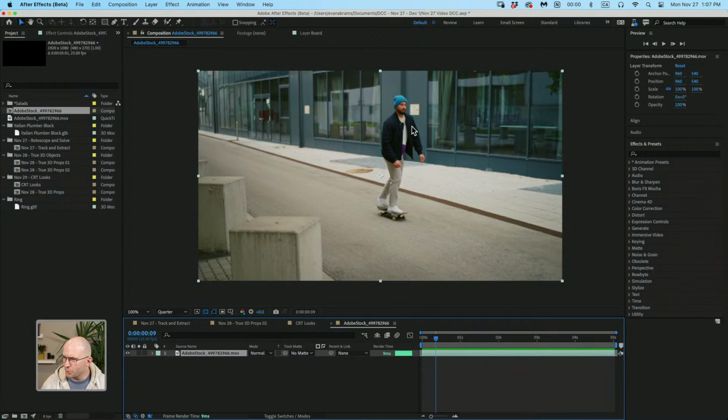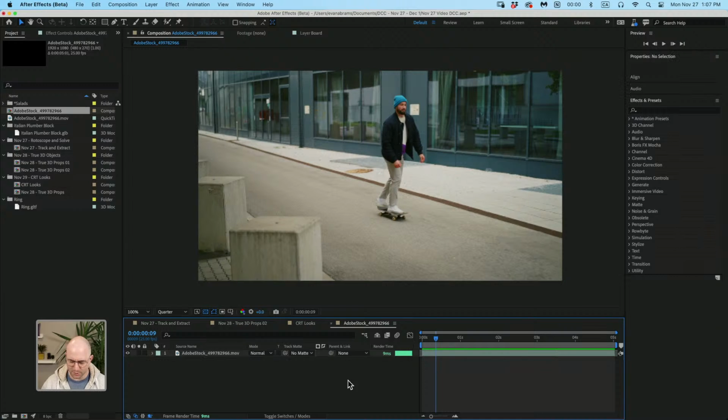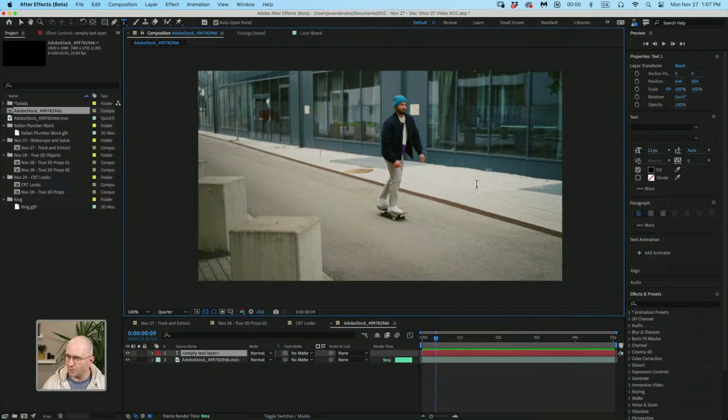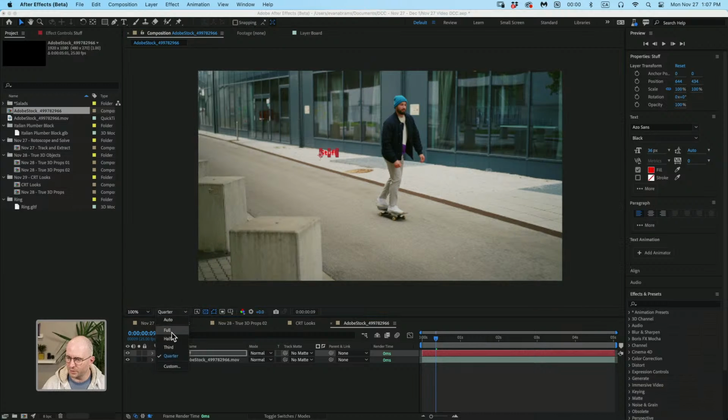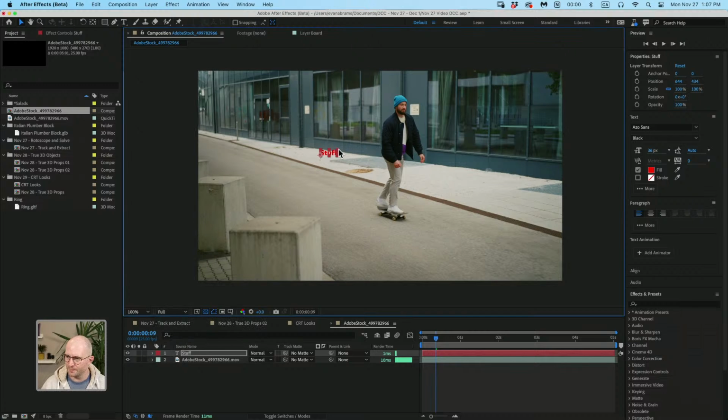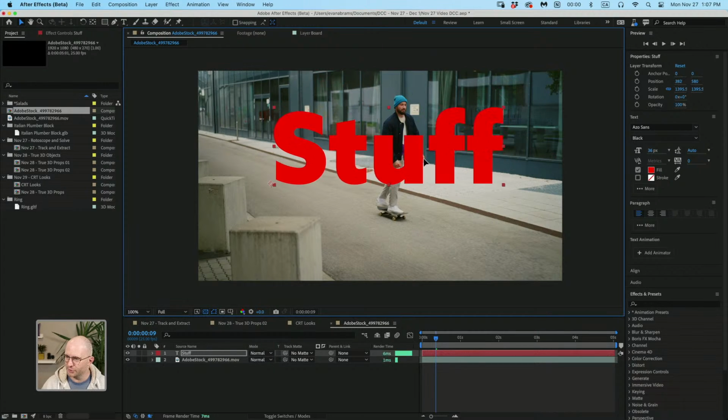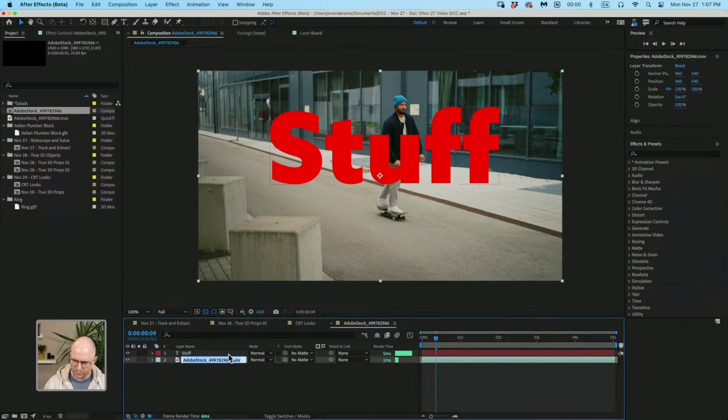So, long story short, we need to put something behind this person. So we're going to make a classic roto sandwich. I just like to type out some words, type out the word stuff. I'm going to make sure that we are looking at full resolution of this. So if you come down to your composition window, you want to make sure that you're looking at full res on here. And I'm just going to put the word stuff. And if we want stuff to be between the person and the background, I'm going to rename this, hitting enter,